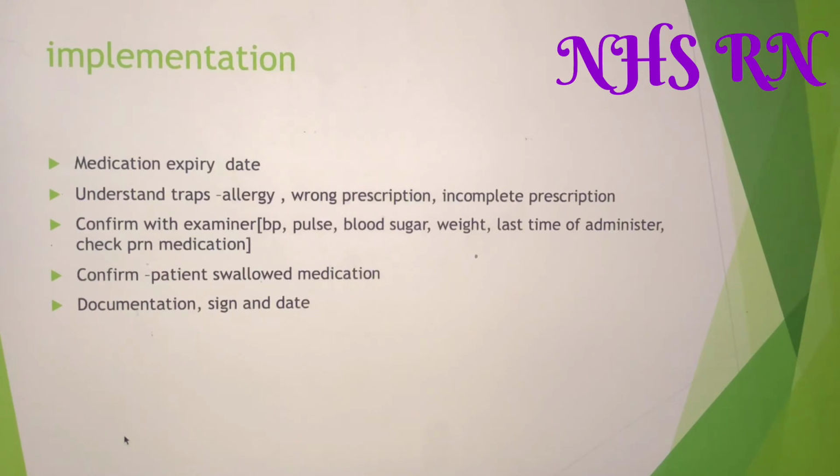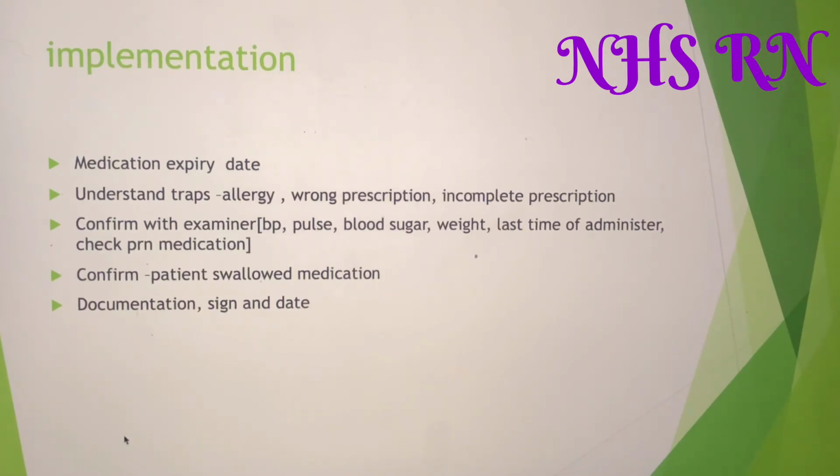In the medication chart you have some traps, like sometimes they put paracetamol. For example, if you take paracetamol as a trap, when you give paracetamol, you need to make sure that the patient has not had paracetamol within 4 hours. When you read the paracetamol order, make sure that the patient has at least 50 kg of weight. Ask the examiner about the weight, or you can check it in the chart. If it is above 50 kg, then you can give 1 gram.